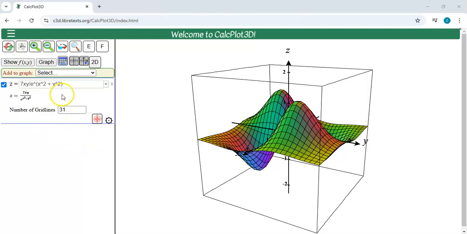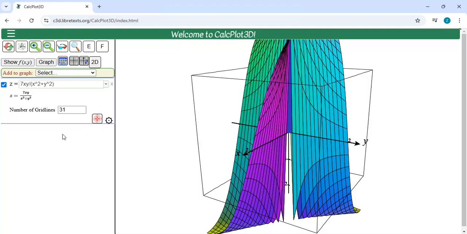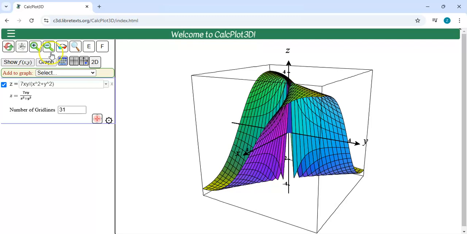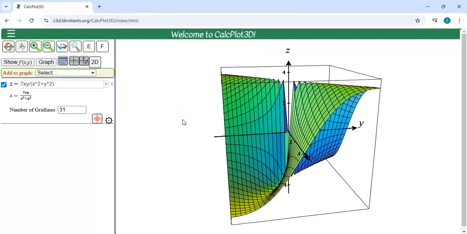So this one, not necessarily the best example in the world for what I want to get at. So I'm going to do something that can be 0 in my denominator. So I'll just make it x squared plus y squared. And so this looks gross. I'm going to zoom out a little bit so we can see what's going on. So if I rotate around,